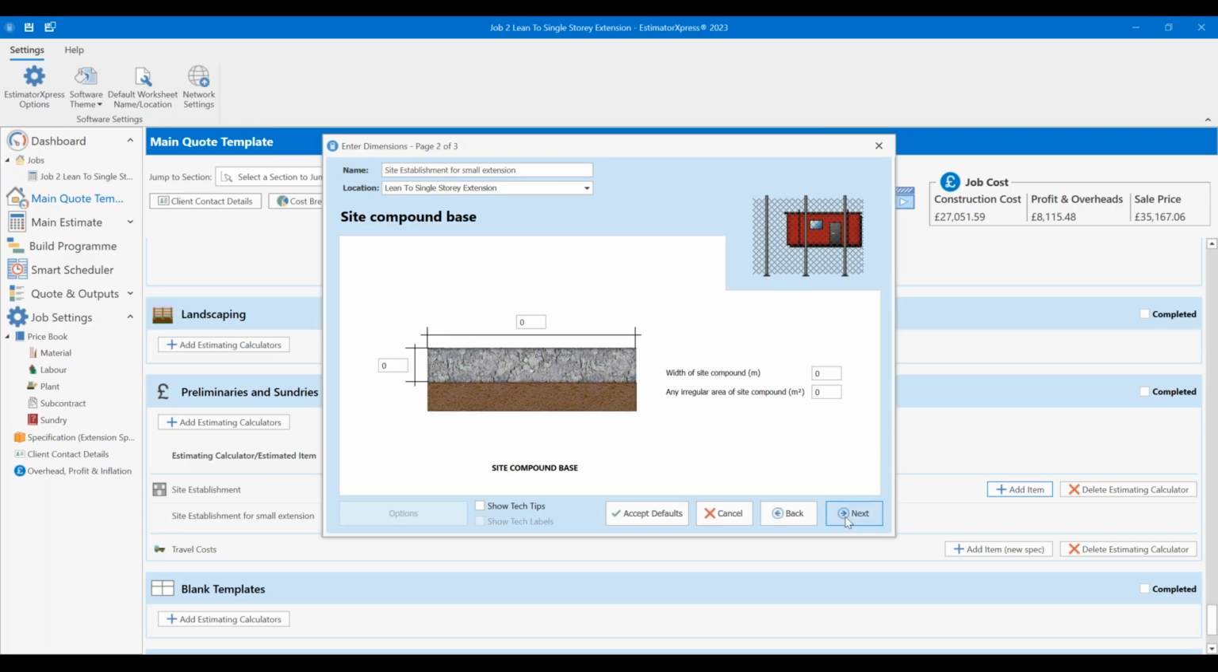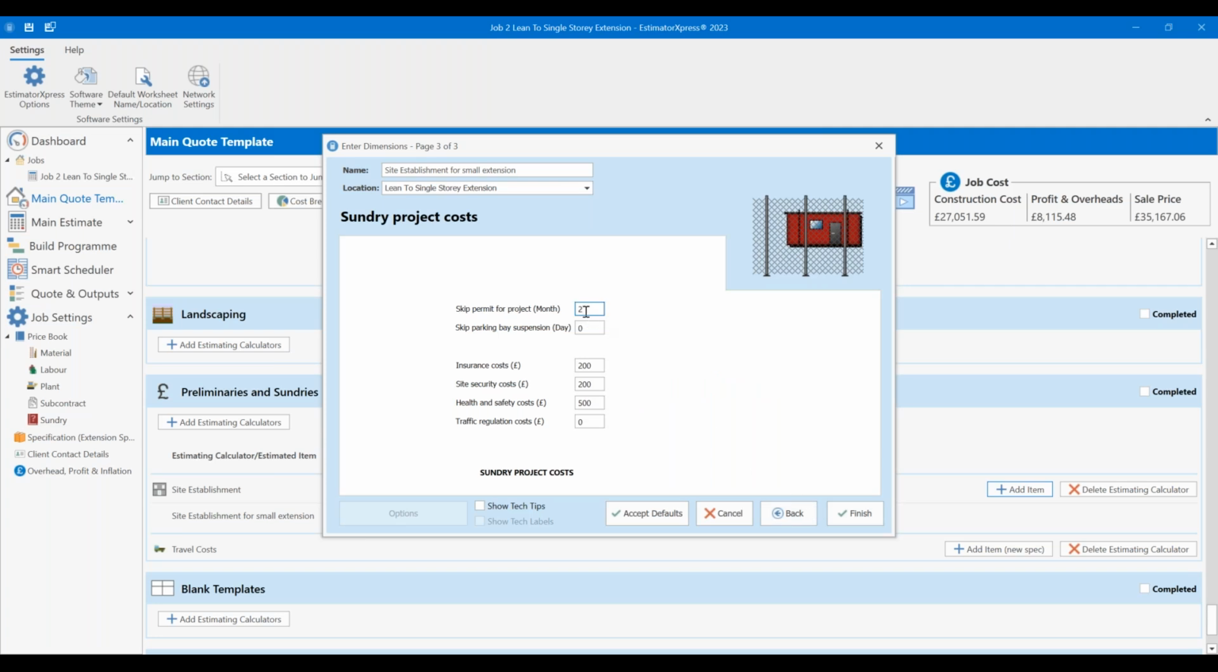Don't need a compound. If I do need skip permits, I can drop that cost in here, and any skip parking bay suspension cost as well. So number of days, I've got the cost in there already. When we looked at the skips, I put the cost of the parking bay suspension in there. Insurance cost, insurance for the job, site security, again, padlocks, chains, ring